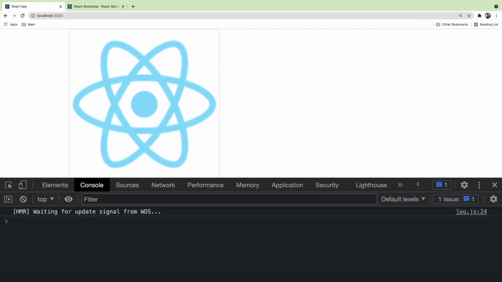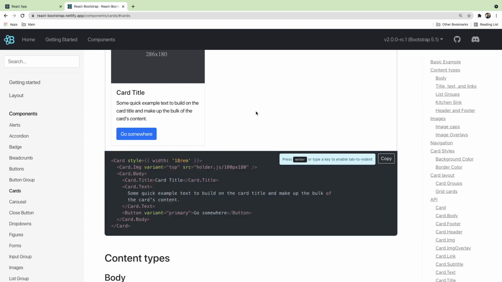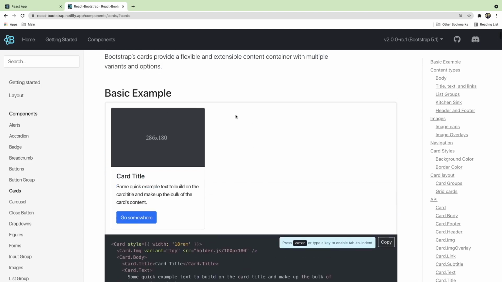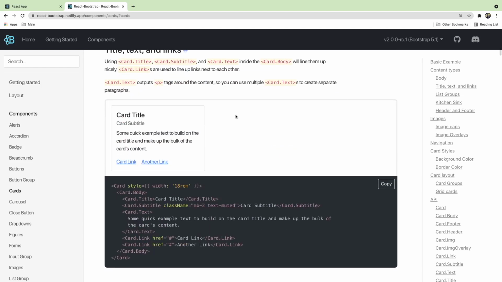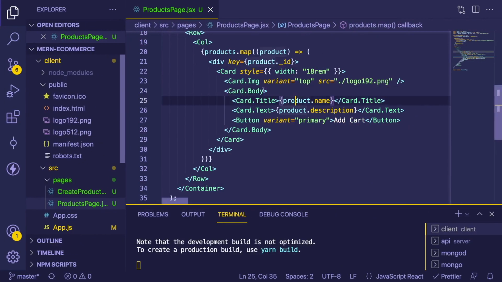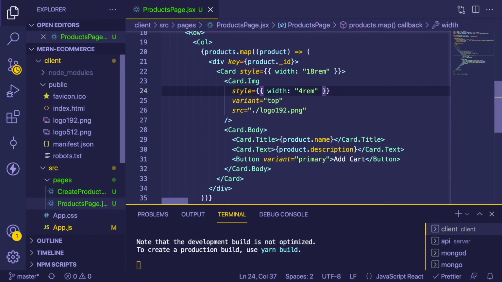All right, so this image is huge. Maybe there's a way in React Bootstrap to change the size of that. Might have to give it an actual style. Hack this on real quick. The card image, I'm gonna say 4 rem, see if that changes anything. I guess it looks a little bit better, but